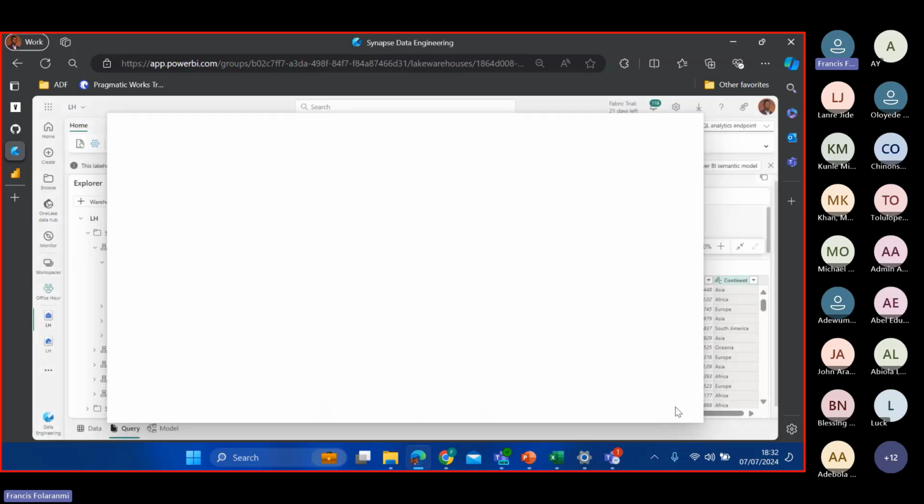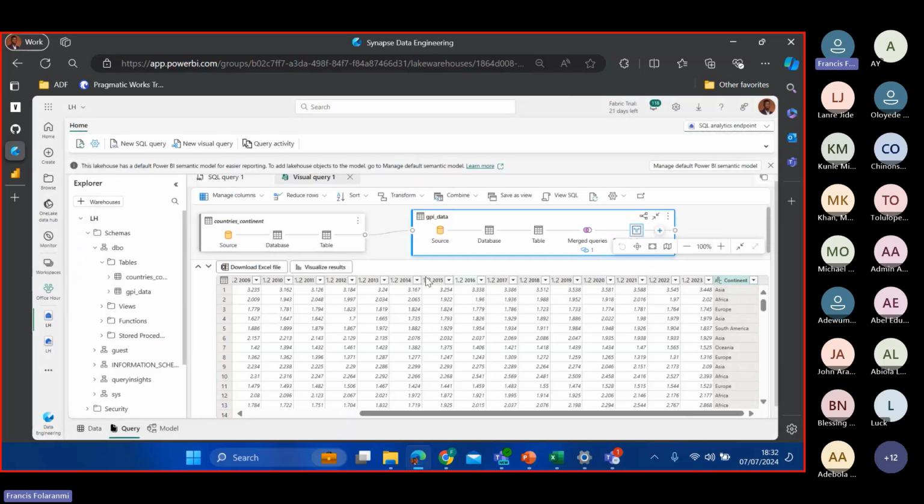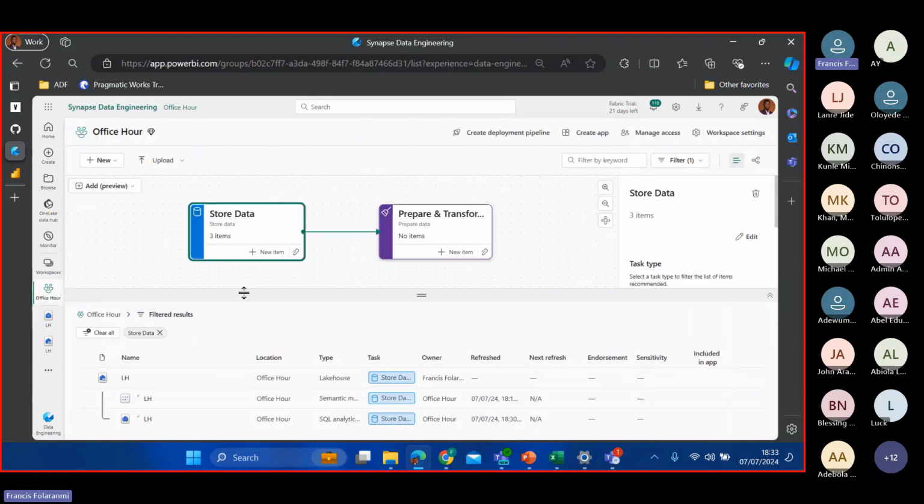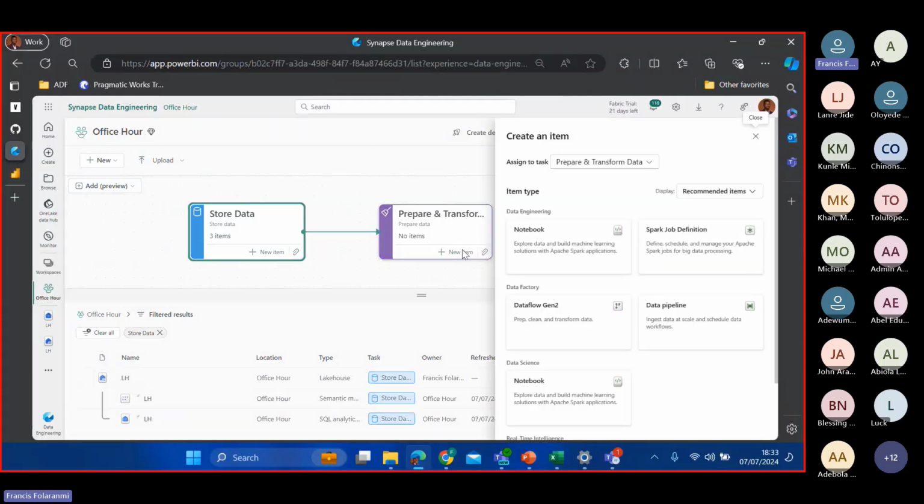Now we can go into our data transformation proper. I will go back into our workspace where we have the lakehouse. I want to create a new item here, which is our data flow, where we are going to change the orientation of our data from a horizontal orientation to a vertical orientation. So I'll click on new item. Once I click on new item, as against switching my data experience here to the data engineering experience, these are all the items within Microsoft Fabric that you can use to do your data transformation.